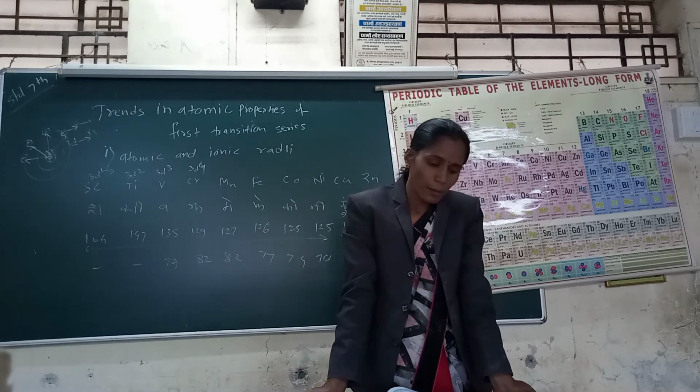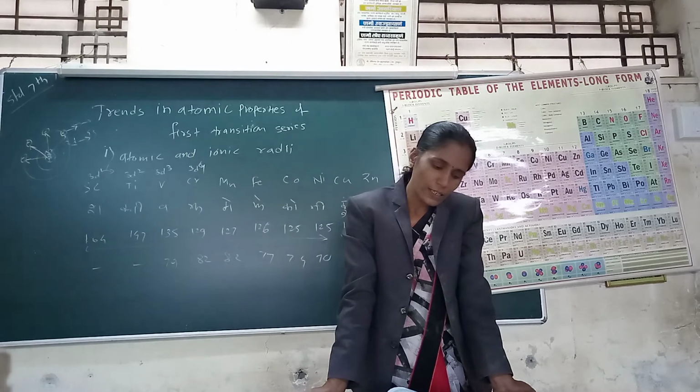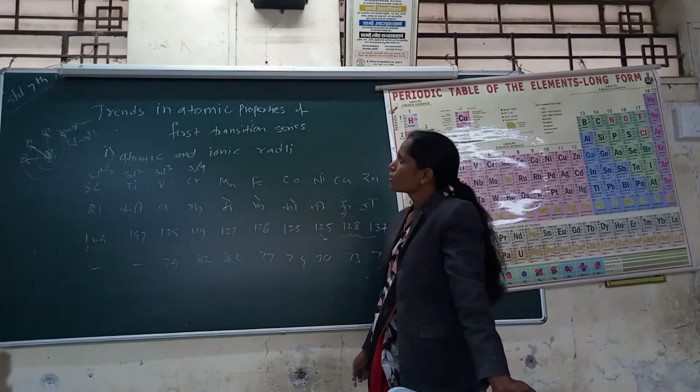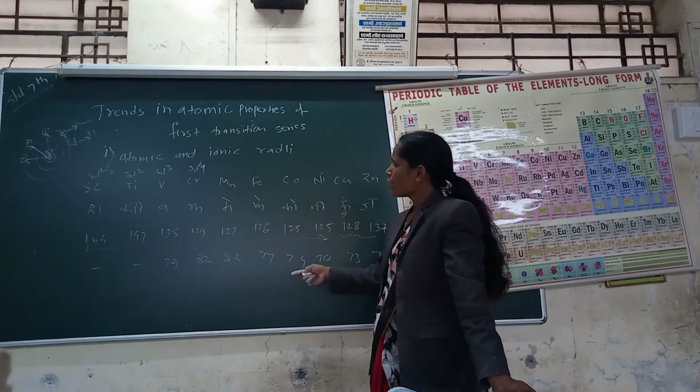In some cases the effective nuclear charge increases and the ionic radius decreases, but in some cases the nuclear charge does not increase, therefore the ionic radius is